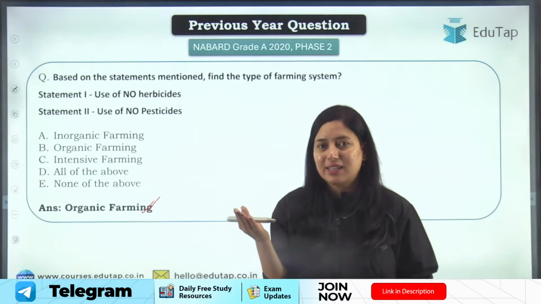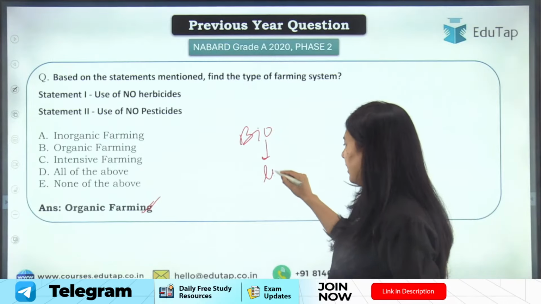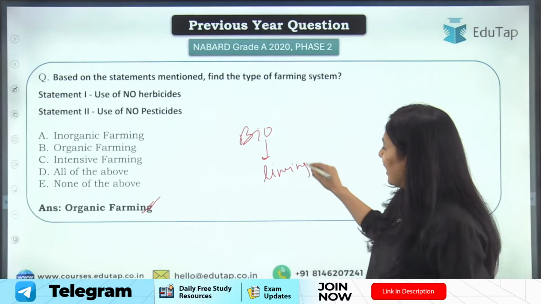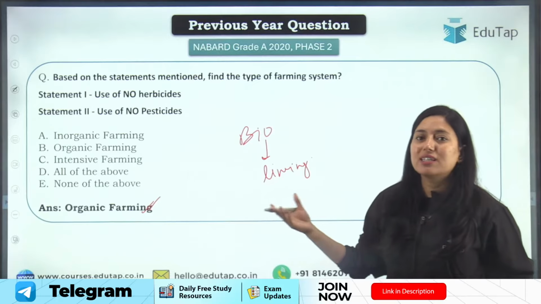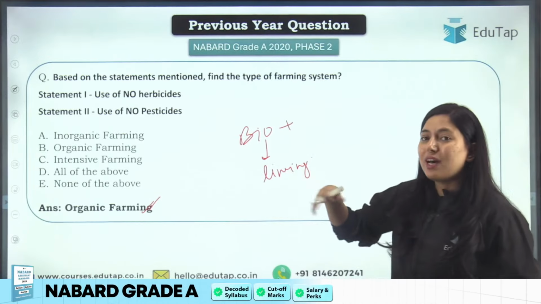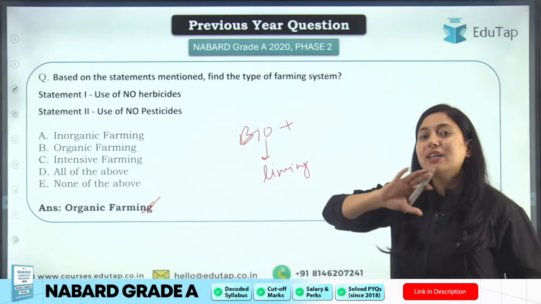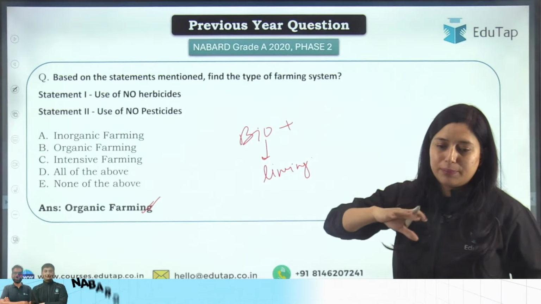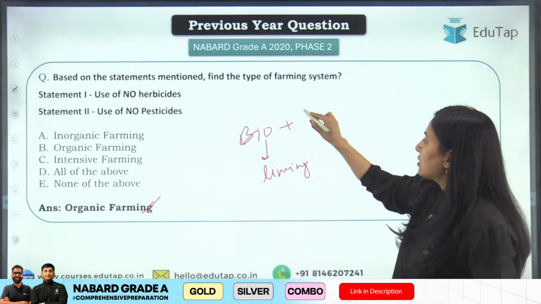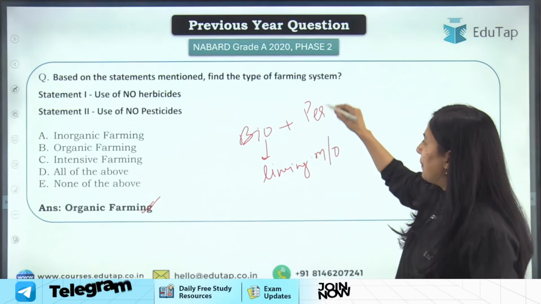What are biopesticides? Look, wherever the term "bio" is used, it means living, right? So there are some microorganisms that can work as pesticide. They can help in killing the disease. Such microorganisms are multiplied in the labs and then introduced in the field. So they help in reducing and preventing disease in the field. Such living organisms or microorganisms are called biopesticides.